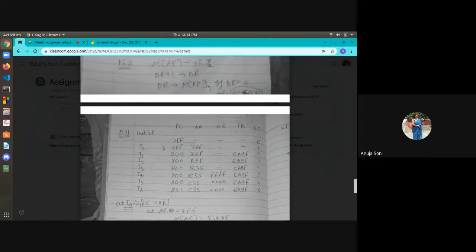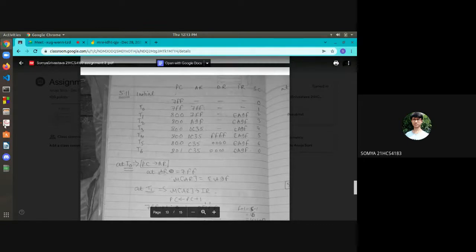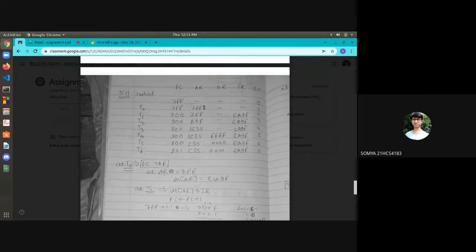After the execution of ISZ, what actually will be the values of the resultant registers. Yes, please explain. So the initial value of PC is given, and we are not given any initial value of other registers. The source code will run from 0 to 6 and then again become 0. So in the first step at T0, the value of PC will be given to the AR register. So now, as in the question we are given, the value of PC was 755, which is transferred to the AR register. So now AR is having the value 755.